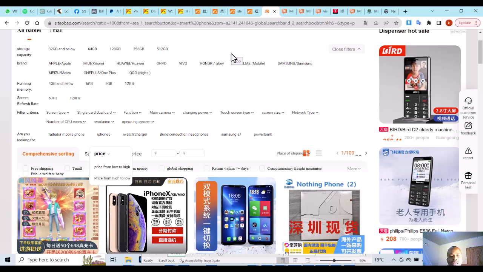Again, when the agent gets the product, you have a chance: the agent should take a picture of the product and give it to you, and you'll be able to see the quality of the product through the picture or the video of the product that you want. Okay. Again, the other important thing about using an agent is that the agent will help you